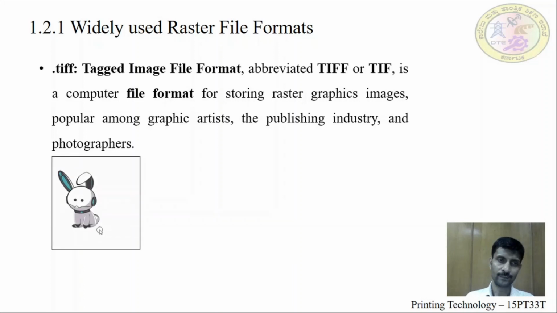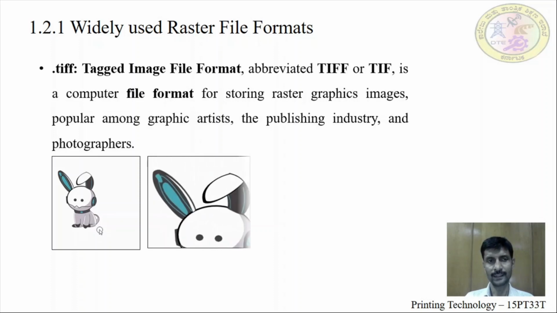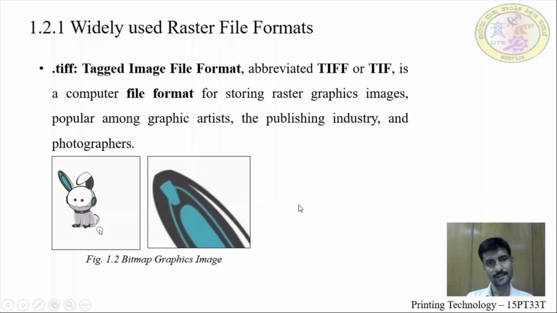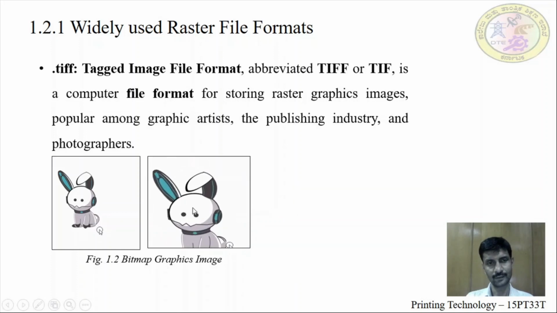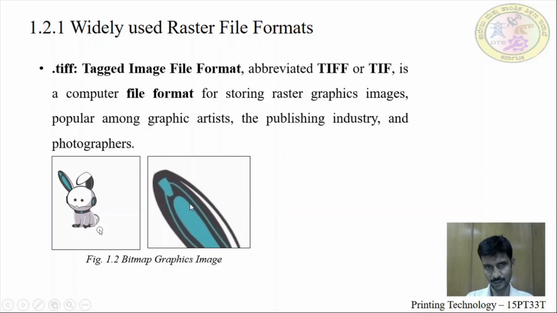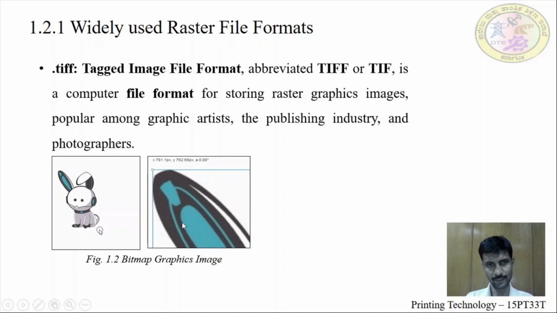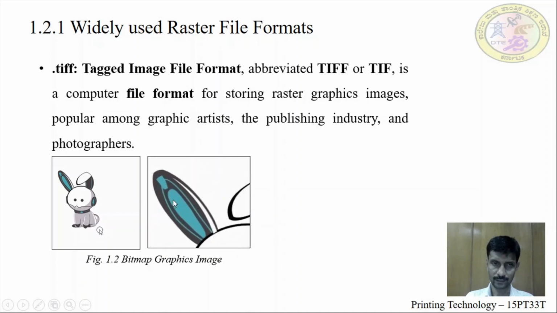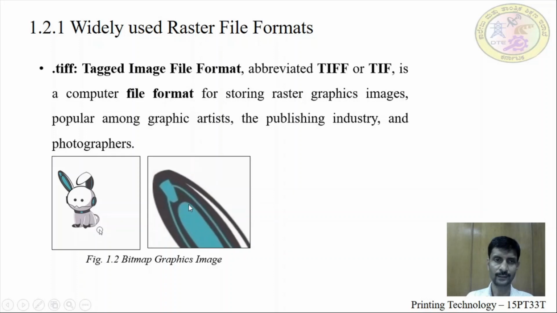Now let us see the difference of a raster-based image. See this image: previously it was created through lines and curves, but in raster-based it is made up of pixels. Both are images. What will happen if you enlarge the raster-based graphic? Students, carefully observe the second one. This image is getting enlarged. Up to a certain limit it looks fine. After the limit, if you expand or enlarge it, it loses its quality, its resolution, so that it looks blurred.